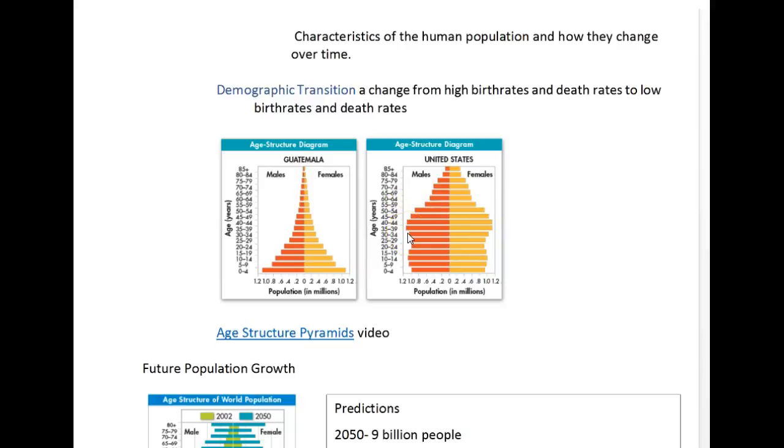People around the age of 34 to 35 are really considered their senior citizens, and then the numbers start to rapidly drop off. Where when we look at the population in the United States, here's our baby boomers. These are the children that were born in 1953 to about 1963 because of the war that was going on. And we see that we still have fairly high amounts of births, but the people are living longer. They don't really start dying off until they're in their 60s, where it drops off.